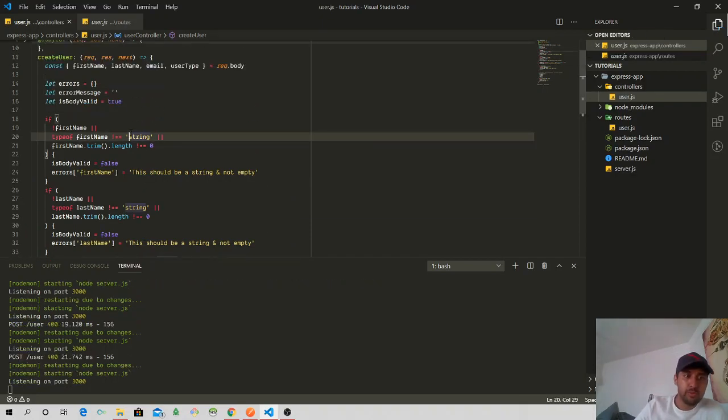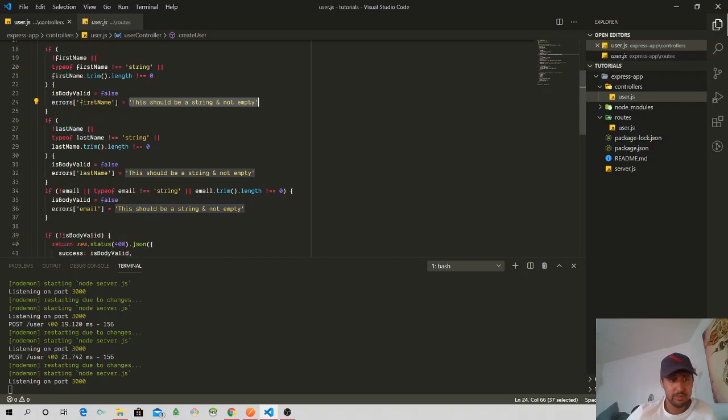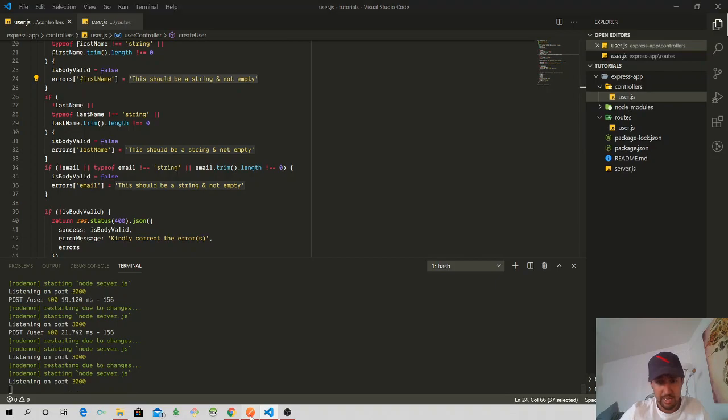All right, so what we're doing here is if the first name is undefined, if it's not given, or if it's not a string, or if the length is 0, I want the body valid to be false, and then errors, first name as the key, and then the message for it, and then I do the same for last name as well, and then for email as well. And now if I run this,